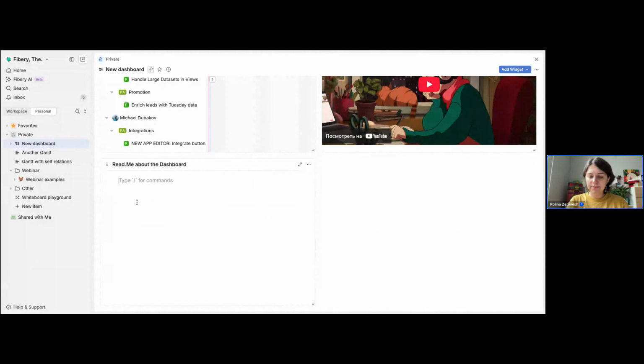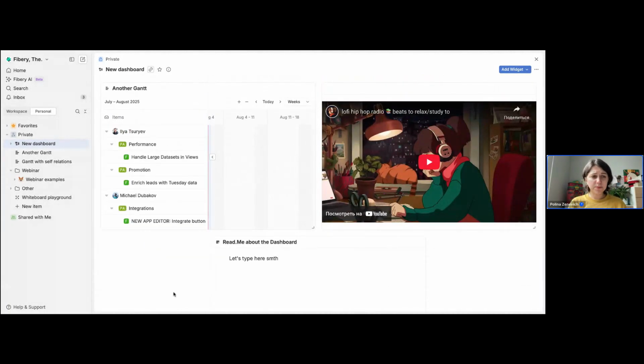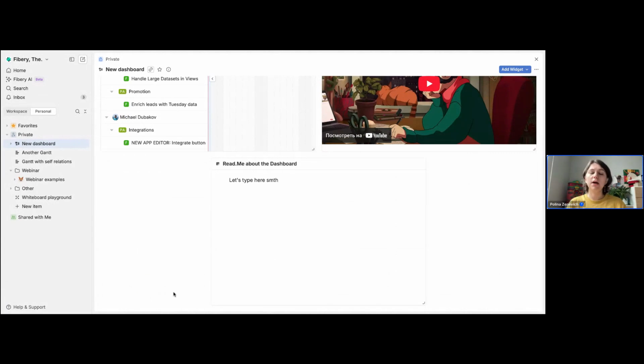And yeah, let's type here something. It behaves the same. You can still put it anywhere you want. And where this document or view that you created is stored, it's stored now under the dashboard. So this small icon appeared, and everything that did not exist before but was created specifically for this dashboard will